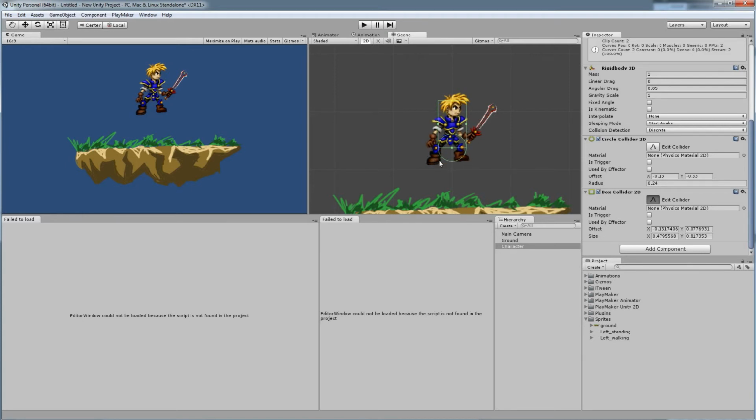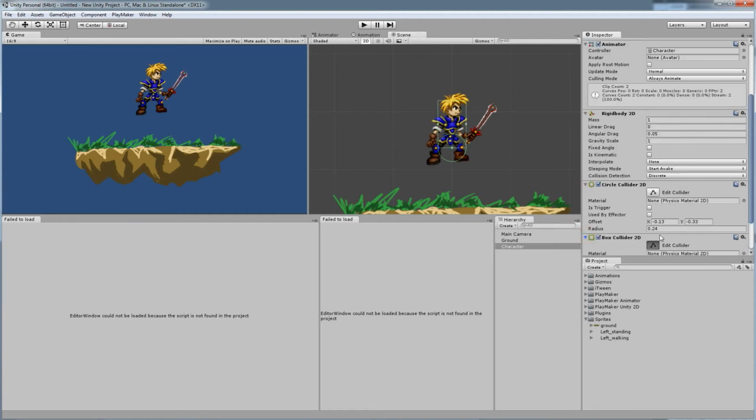And the reason I'm using a circle is that if you have a bunch of bumps on the ground, the very corner could catch and get stuck on those little bumps. But if you're using something round, he'll be able to roll over top of it, basically. Not necessarily roll, but slide over top of it easier because it's an angle rather than catching on every little corner. Alright, so now that I have the collision set up,